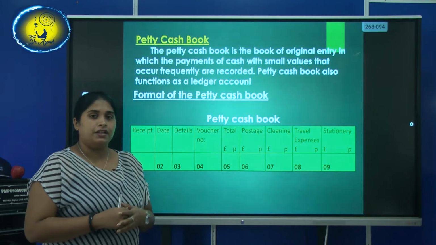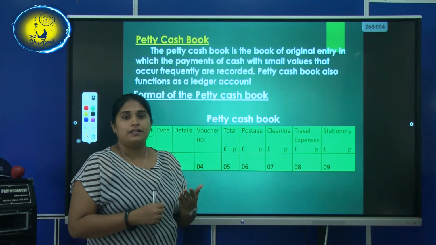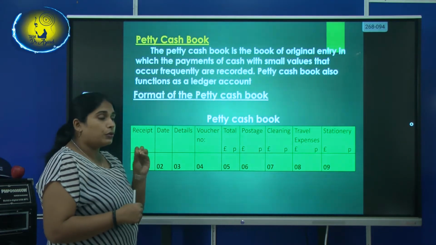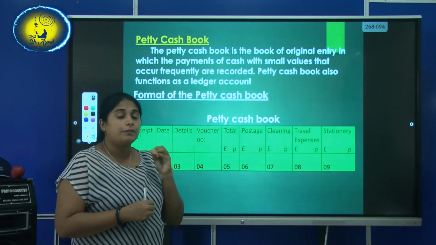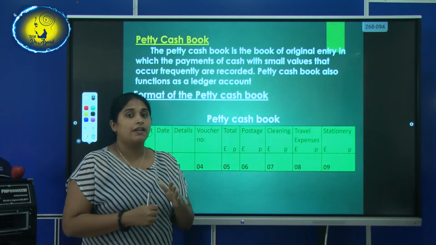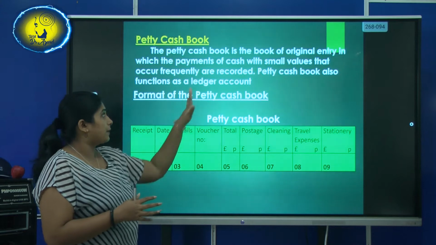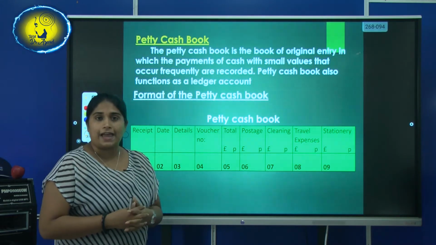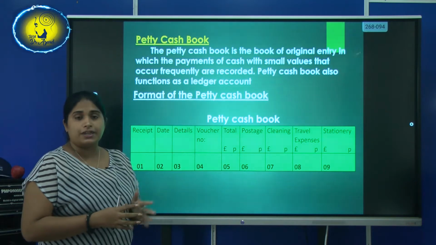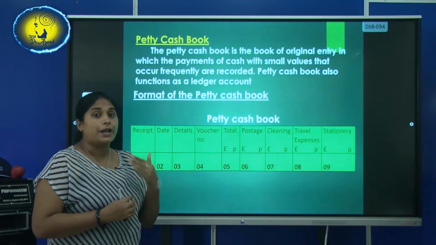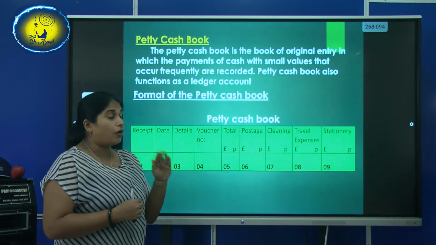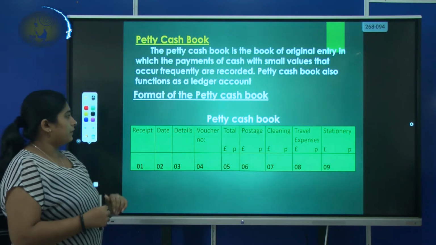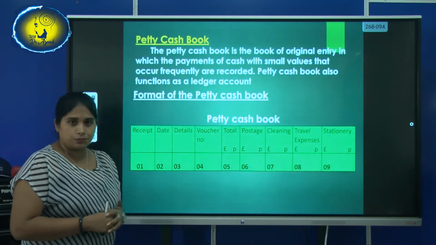For an example, now assume you have paid for an envelope or for stationery, okay? So those small values or small amounts of transactions will be recorded as a group in a specific book of original entry. We call that book Petty Cash Book. So Petty Cash Book is a book of original entry, we call prime entry book, where we record all the small amounts of transactions. Now I have given here the format of a Petty Cash Book.